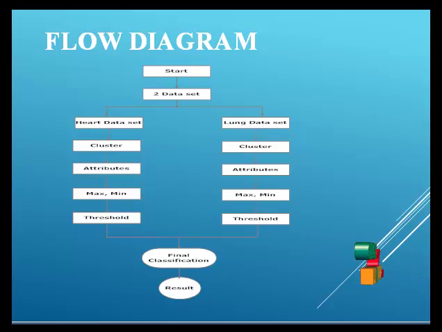Two main principles for the adaptation of parameters of the search distribution are exploited in the CMA-ES algorithm. Here we are using two datasets. One is a hard dataset and another one is a lung dataset. We have implemented the cluster algorithm in both datasets. Taking the attributes, for each attribute we have taken the maximum and the minimum value and found the threshold value. Comparing the two datasets, we have fixed the threshold value. In the final result, it will omit the attributes which are beyond the threshold values.